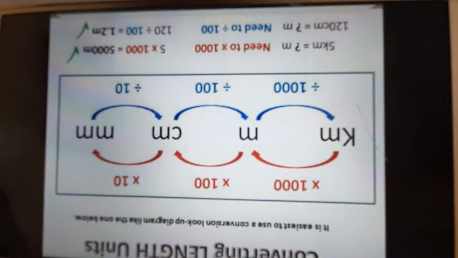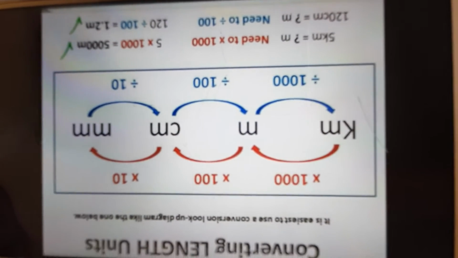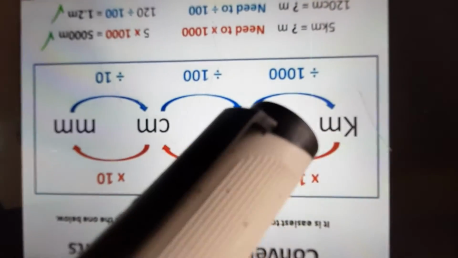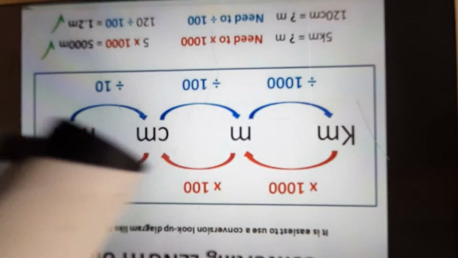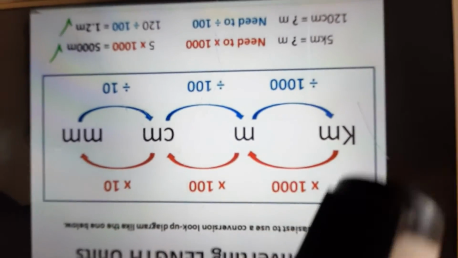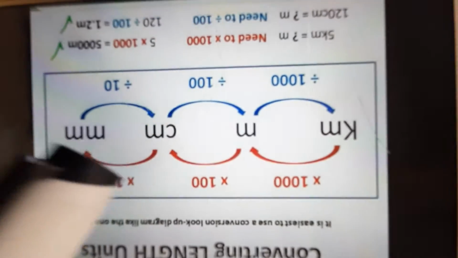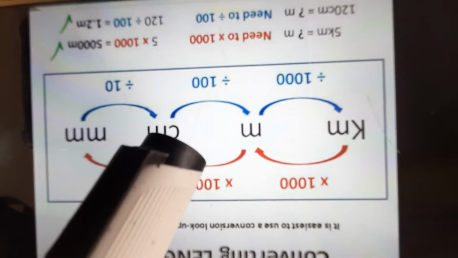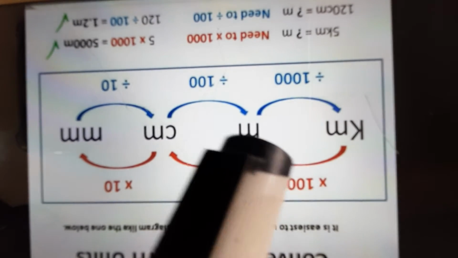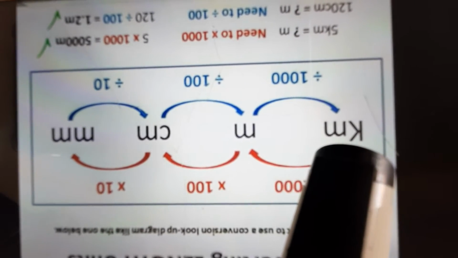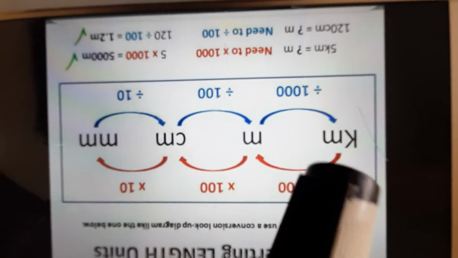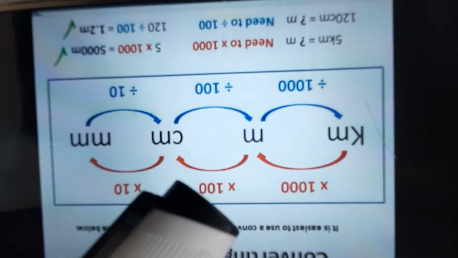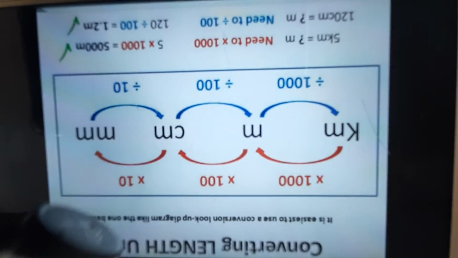Dear students, before moving on to the question, let us revise the conversions of length units. In this conversion, I have discussed with you earlier also the 4 units, measuring units of length. The smallest one is millimeter, then greater to this is centimeter, then meter, then the biggest unit of measuring the length is kilometer. So dear students, make this table in your notebook once again in this colorful way.